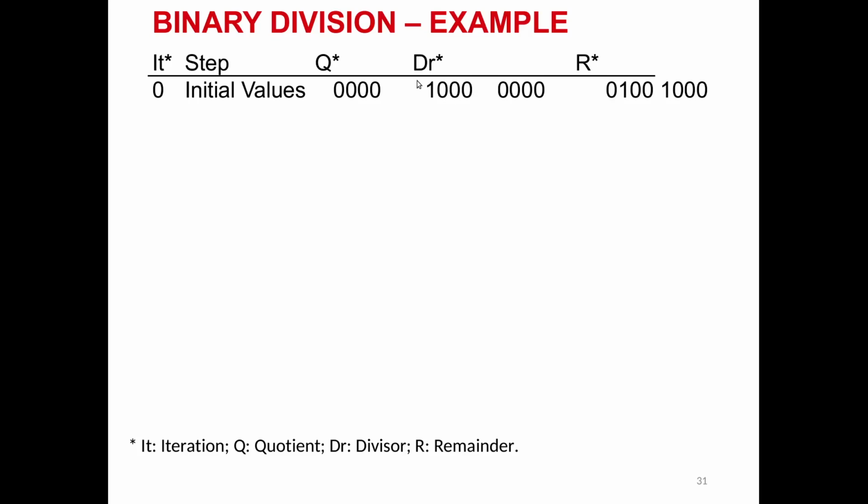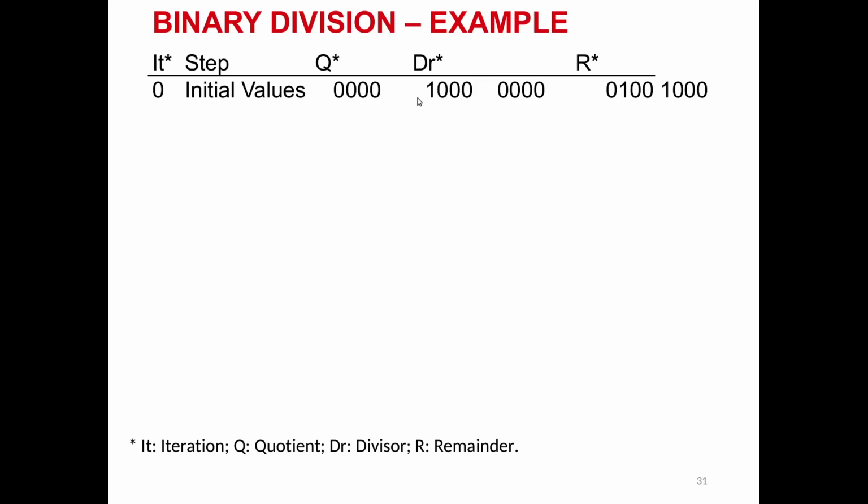As you can see here, dr is 8 in decimal, 1000. However, if you look into this, you can see that the most significant bit of dr here is 1. It implies that this is a negative number,